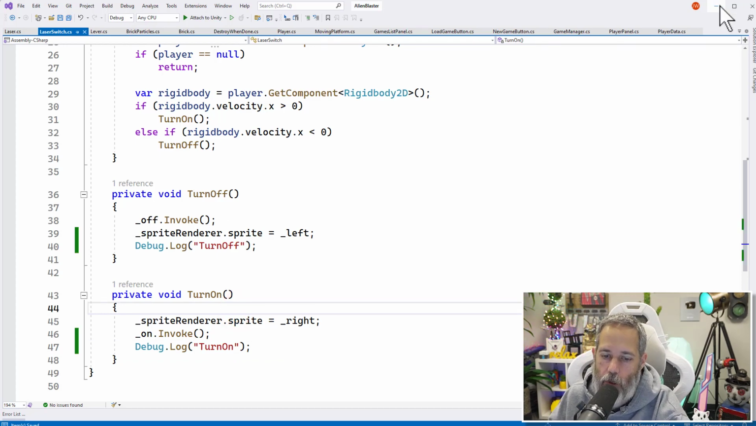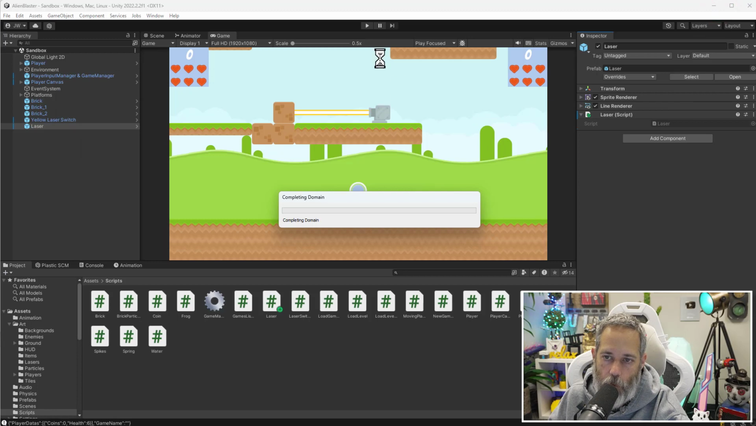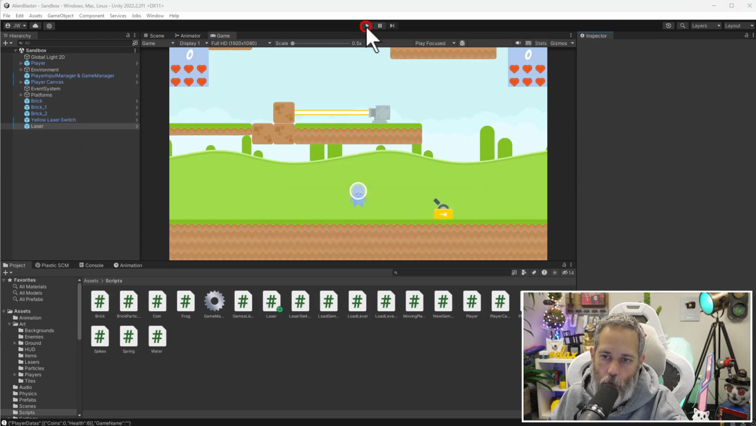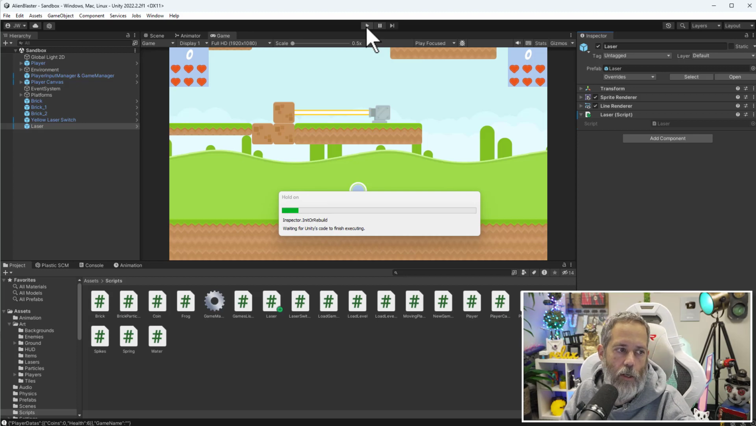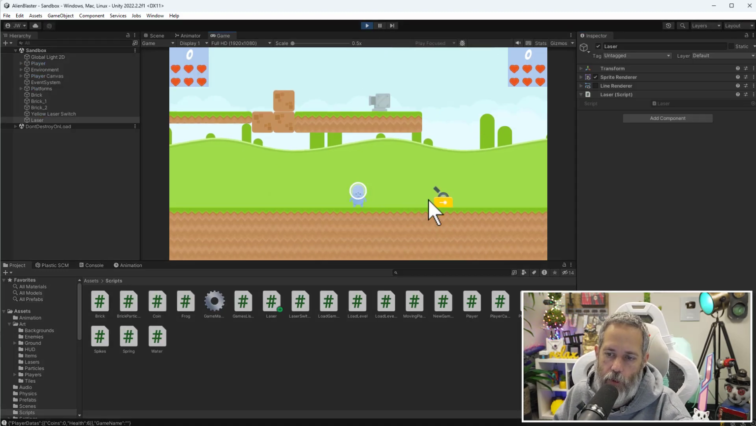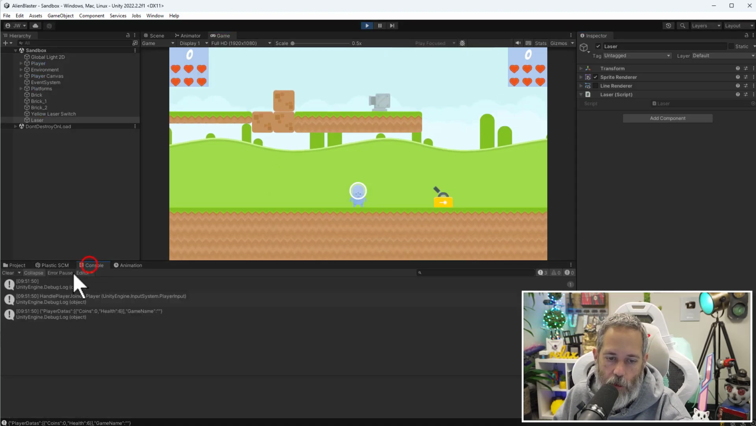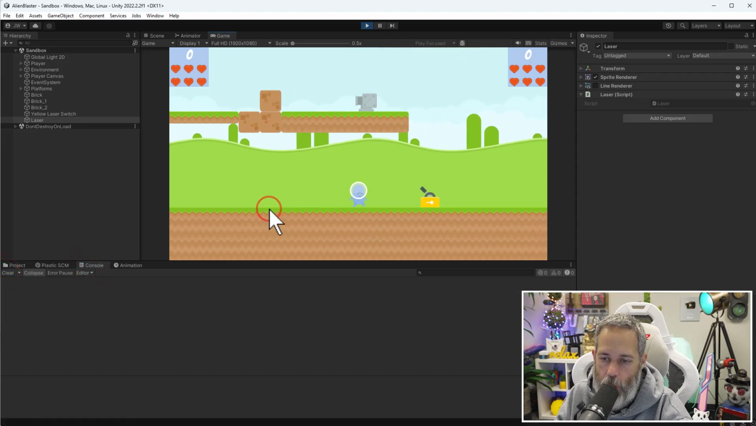Let's go into Unity. We'll press play. We're going to run over there, turn the switch on, and turn it off again. I should expect my laser to be off by default because we added that code to the laser. Oh, there we go. It's off. And if I run over here, let's go to the console first, clear out our log completely, run over,